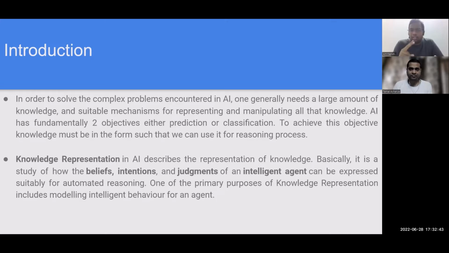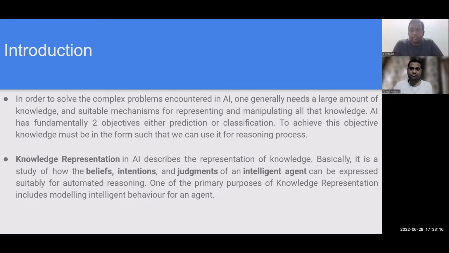So AI has fundamentally two objectives: either prediction, numerical prediction, or classification. And in many cases, again, if you're playing some kind of game, you need to understand what the basics are, what the laws of physics are and everything. Okay. And if you're trying to work in a custom environment, then the same problems will occur. And if we let everything learn from scratch, it might be too much. And again, we will have to create a lot of annotated data. Now, there comes this discussion that if we have to fuse a hybrid model, wouldn't it be nice to have